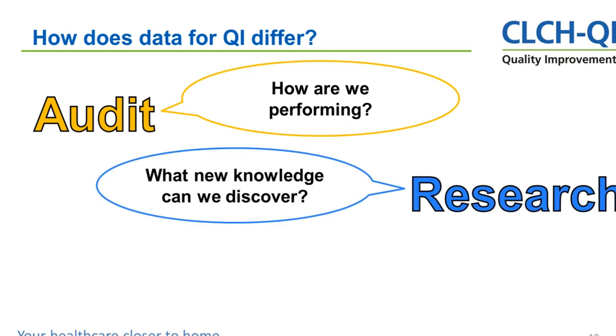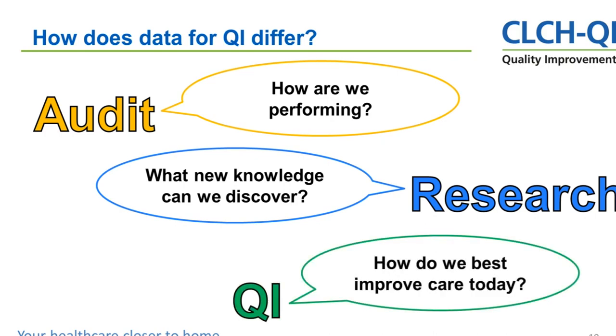Research, on the other hand, is looking at developing and discovering new knowledge. It is looking to either add to or affirm research that's already been done, or to challenge it and oppose different ideas within a research base. QI, on the other hand, is looking at how we best improve care today. And a really important aspect of this is the specificity of saying today. We're looking to improve quickly and iteratively for a specific group of people, and we're not trying to improve the knowledge base. We're just trying to improve the outcomes of a particular intervention.